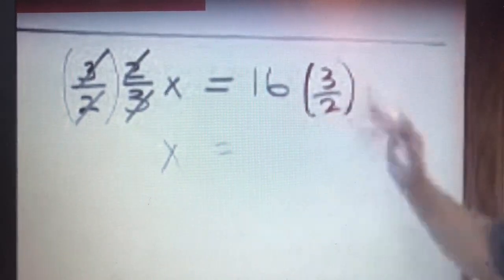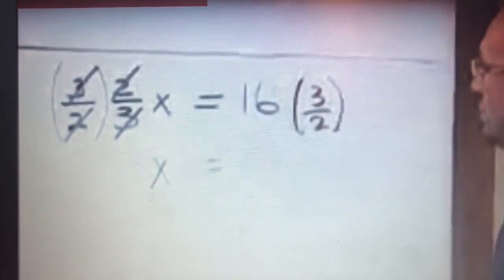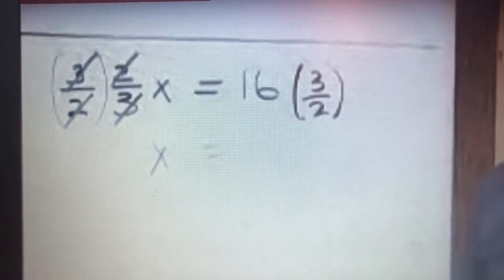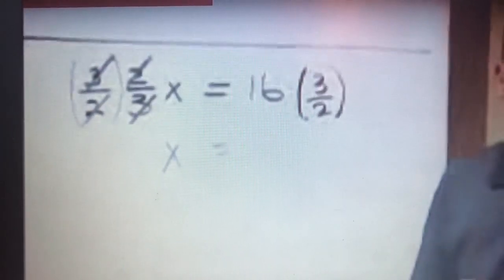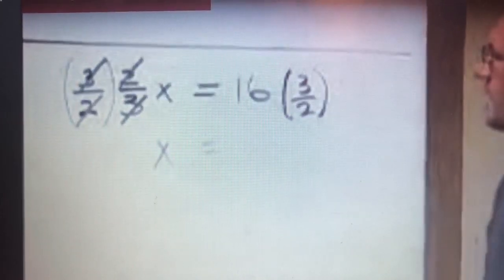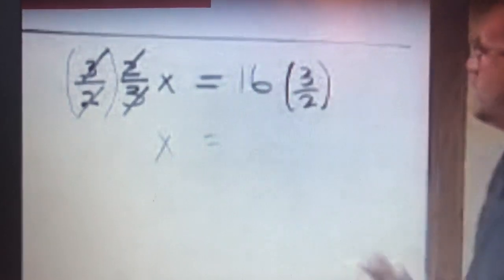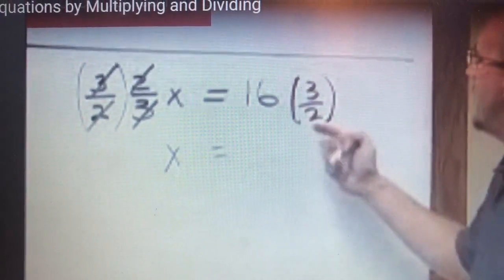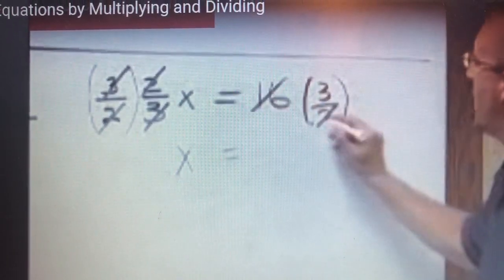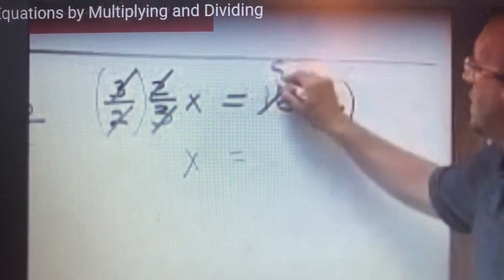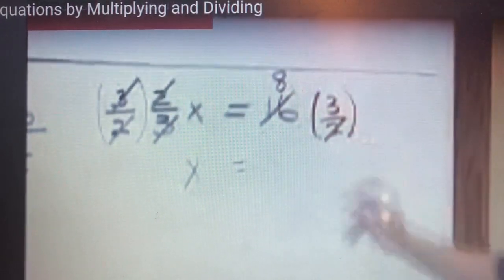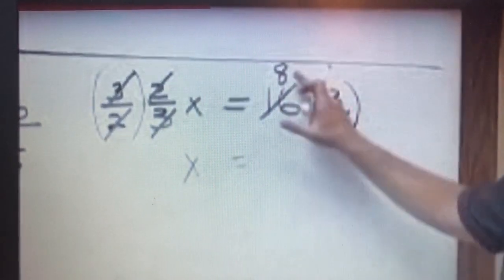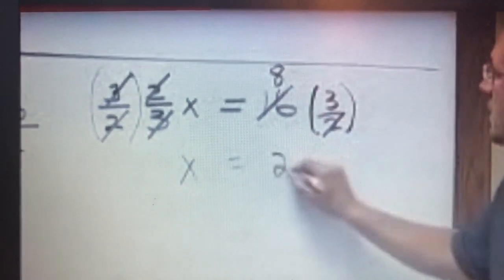And now I need to multiply the 16 by the 3/2. We've done several problems like this in the past. Some people will use a calculator at this point. I think the easiest way to do this is to simply look at it as this. Since I have 16 in the numerator and 2 in the denominator, 16 divided by 2 will equal 8. So the 16 and the 2 will reduce out and just become 8. 8 times the 3 then is